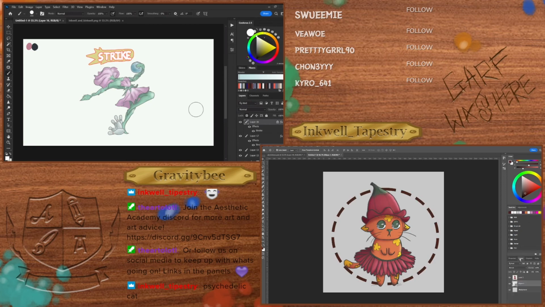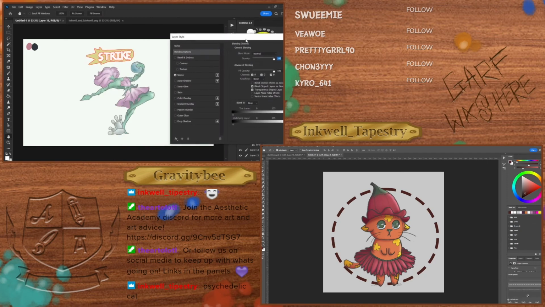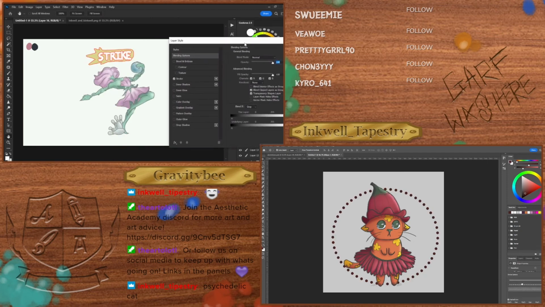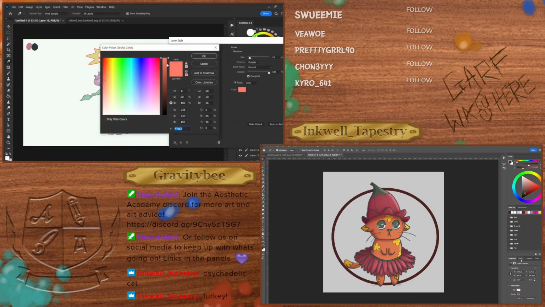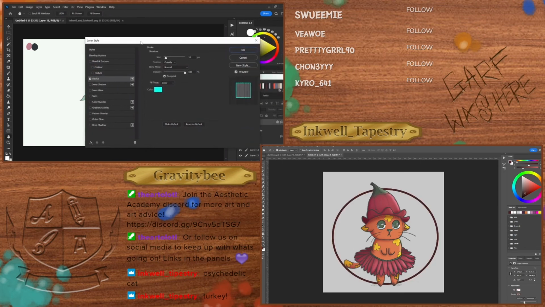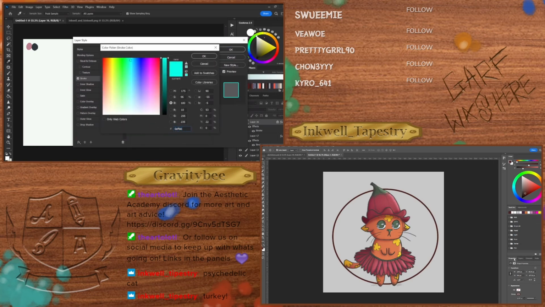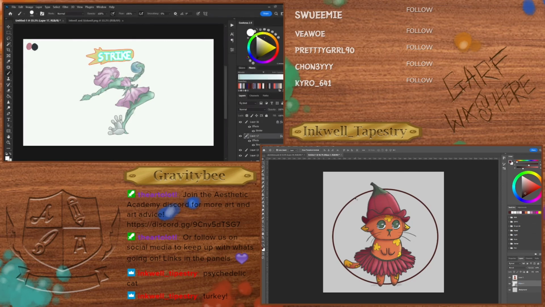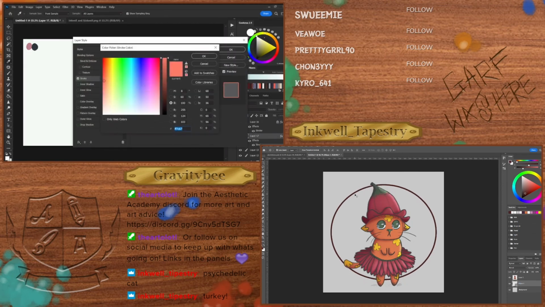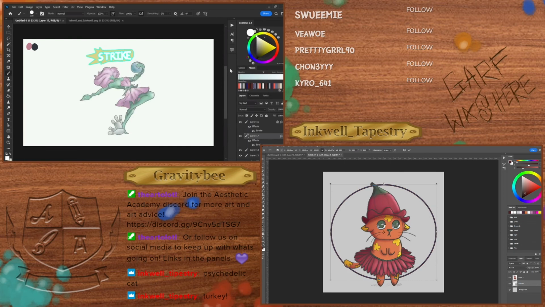Pose. Turkey! Six pack. There we go. We'll do this color instead, actually. And for this, let's do it like this weird cyan green.